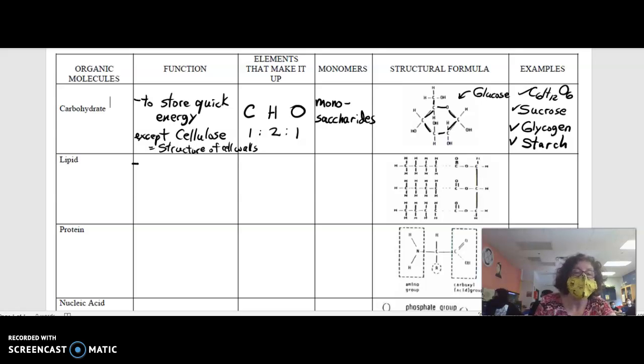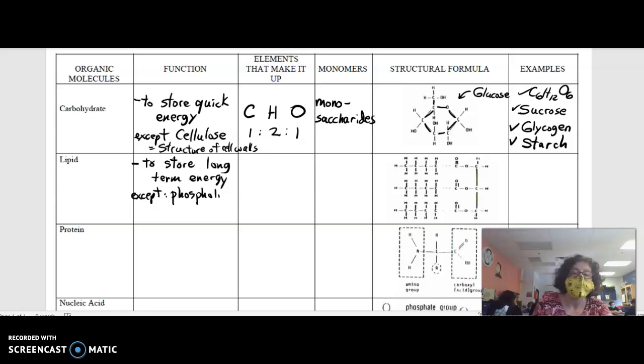Now lipids, instead of storing quick energy, store long-term energy. So they're kind of the second place your body's going to go when it's looking for energy, when it's looking for food. It's going to go to the glucoses and carbs first, and then it'll go to your fat layers second. Okay? There's also an exception, which I'm going to put here,